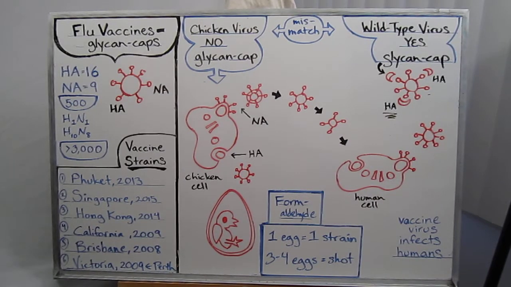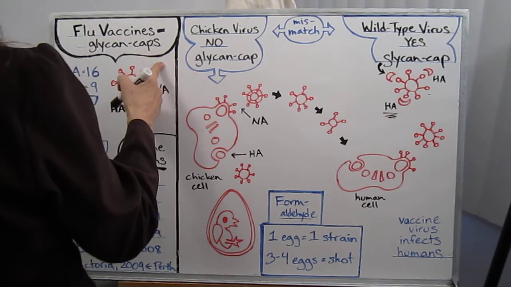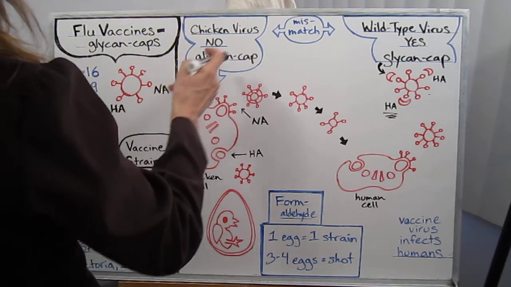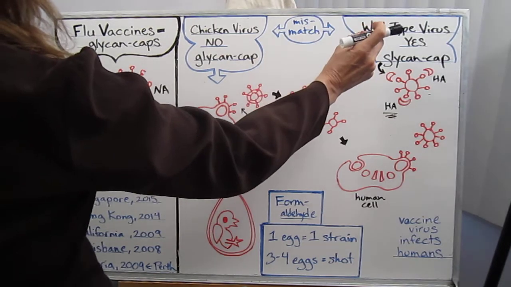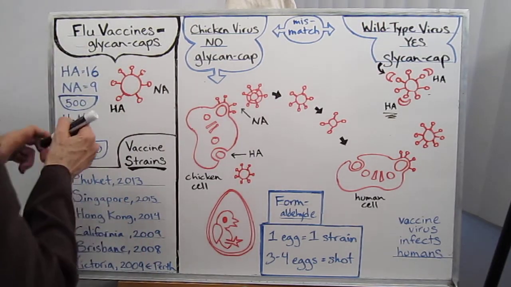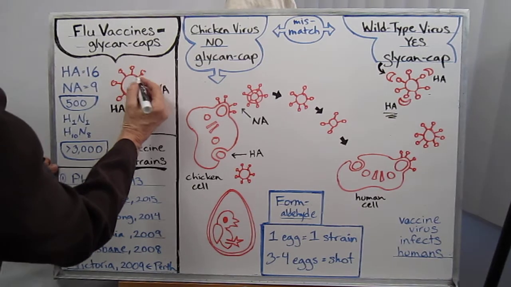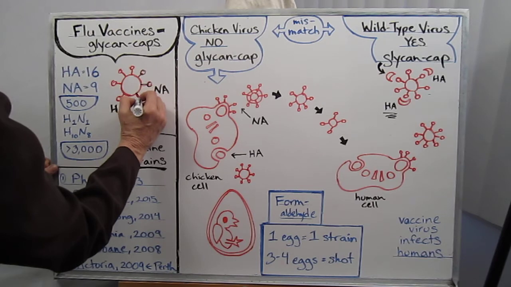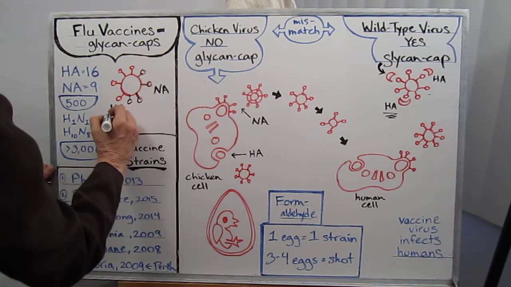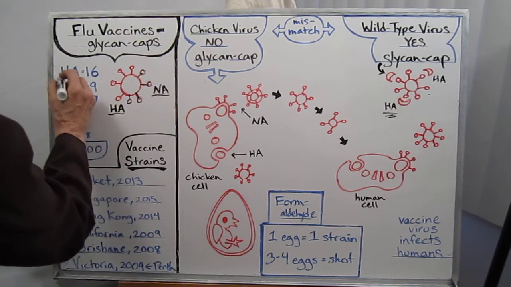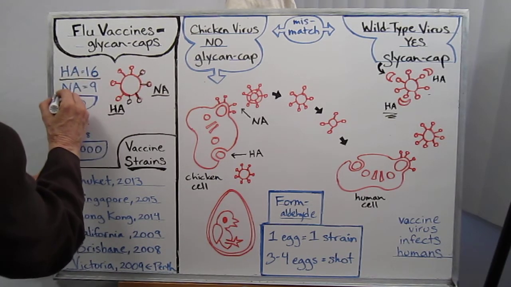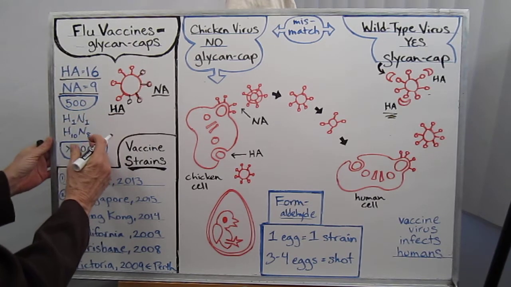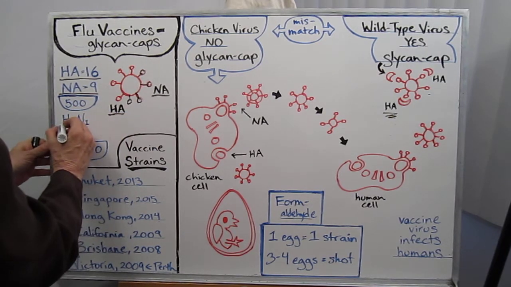All right, so the flu vaccines and their glycan caps, or how the flu vaccine is a mismatch for the wild type virus. So first, to understand, you have to explain this is a representation of the virus. It has over 500 projections coming off of it, of which most are HA and NA. There are 16 types of HA, 9 types of NA, and any combination of these gives us the names the